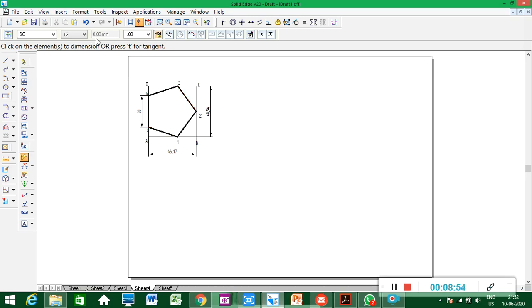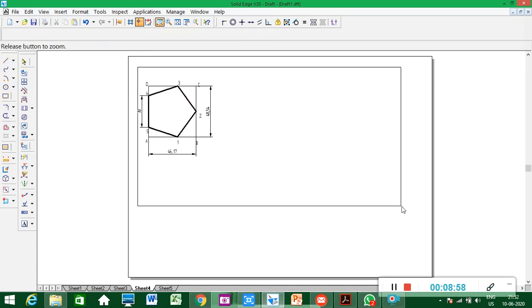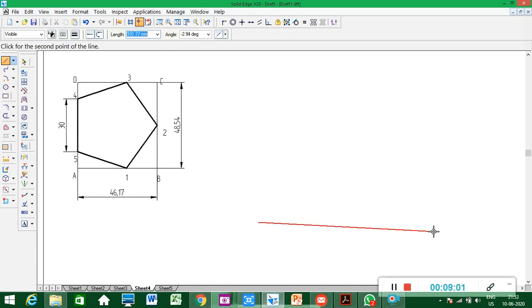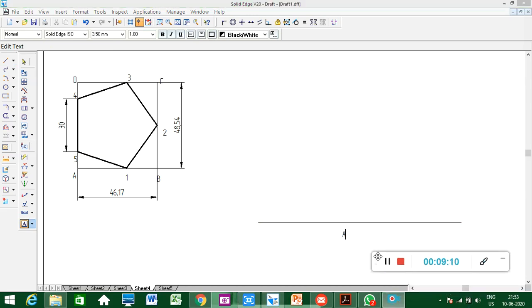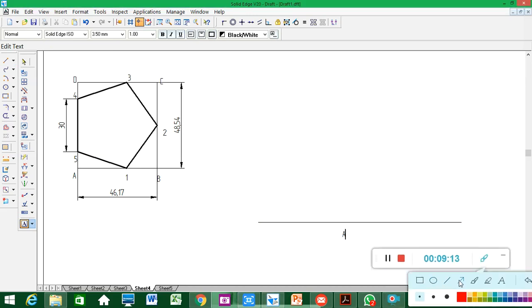Then now I'll do the isometric. I'll zoom this area, my working area. Now I'll draw a horizontal line. I'll take one point here. Say this is point A, the same point. My viewing point is here. I'm standing here, looking from here. So this is A. I'm looking from this corner, which means AB is seen this side. AD is seen this side.